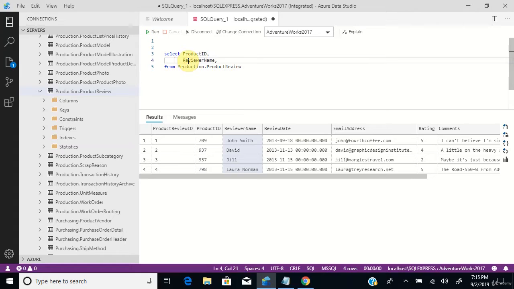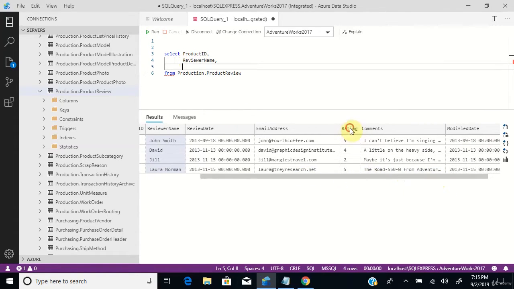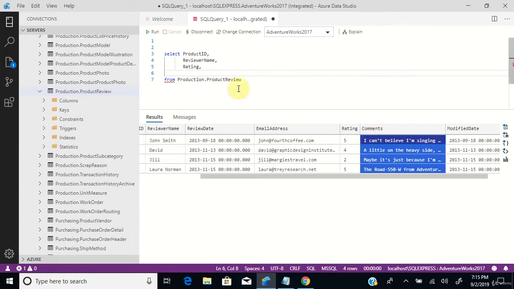The third column we are interested in is the rating. And the fourth column is the comments.